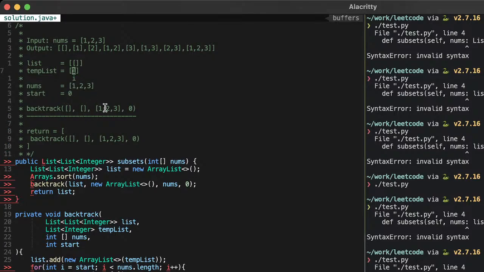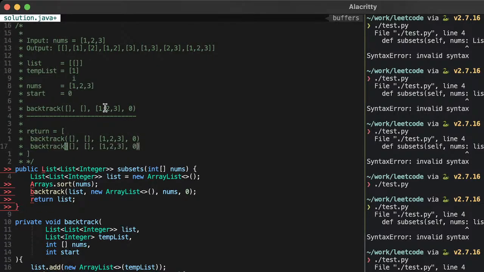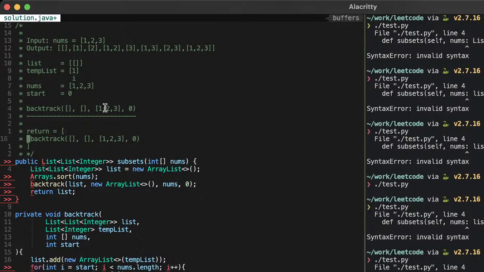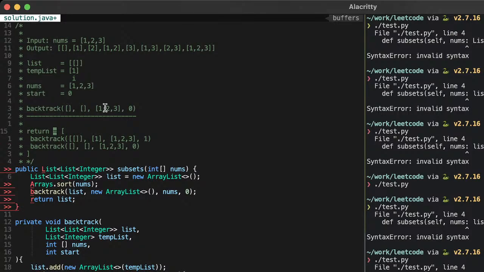And now we're going to call backtrack with list, which is this thing, temp list, which now is this, and nums, which is still the same, and i plus 1. And this is going to be like a return stack.